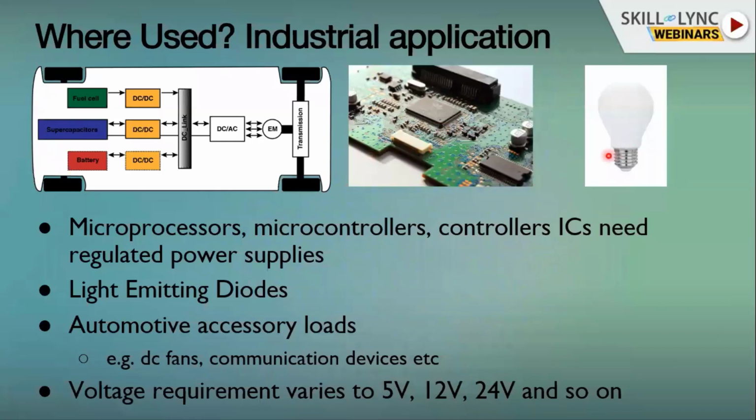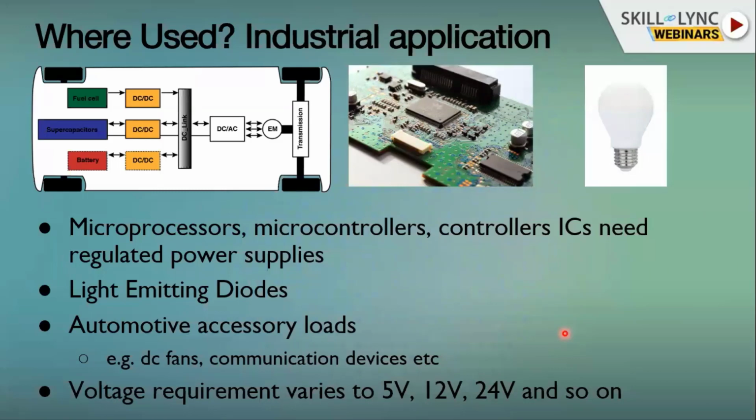And these days, everywhere there are LEDs, right? LED is nothing but a light emitting diode, and this also works on DC to DC converters. You may be wondering whether it works in households. At home, we have AC voltage, so we change from AC to DC and then further regulate with a DC to DC converter. Overall, in most scenarios the DC voltage requirement is 5 volt, 6 volt, 10 volt, 12 volt, 24 volt, and so on. That's the reason DC to DC converters are so important.